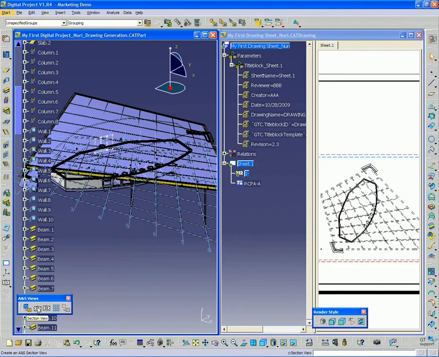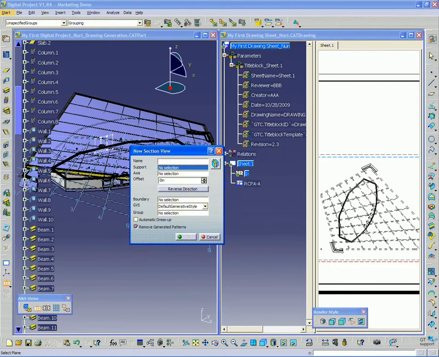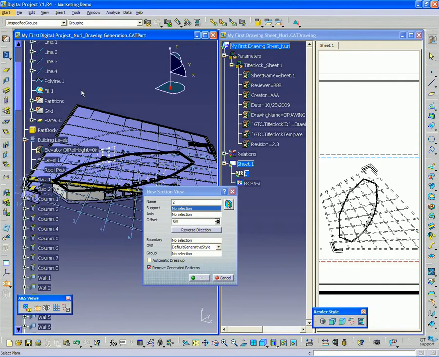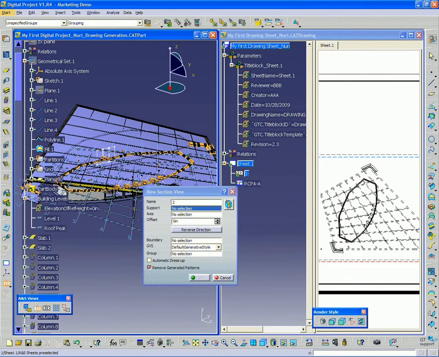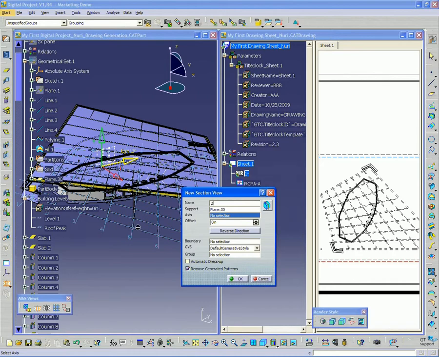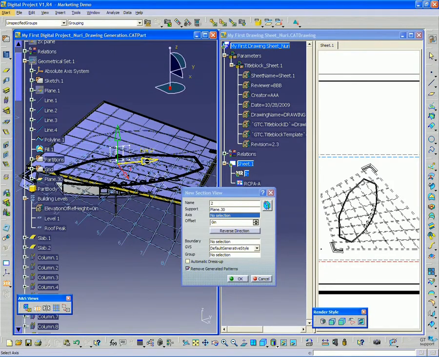I'm going to select that section view tool again, and I'll call this 2 under name, and support, if you recall, just looked at plane 30, it's a vertical plane. So I'm going to select that, and you can see right away in what direction it's going to be cutting, right? So that yellow arrow is the eye view, and